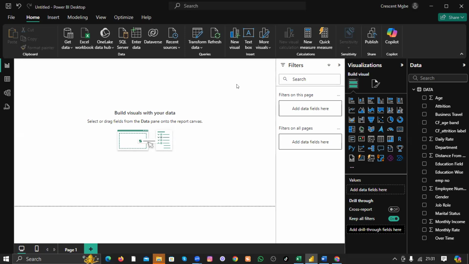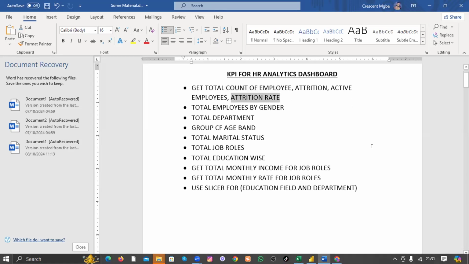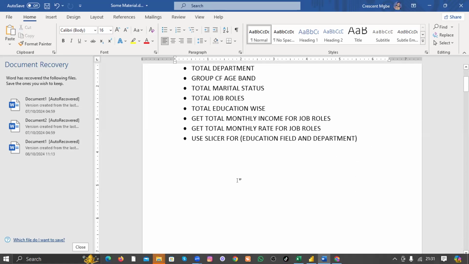So now let's start. The first one is, now let's look at the KPIs. We need to get the total number of what? Employees. That one is easy. We need to get the total attrition, the active employees, and the attrition rate. This attrition rate has a formula, and the formula for attrition rate is equal to